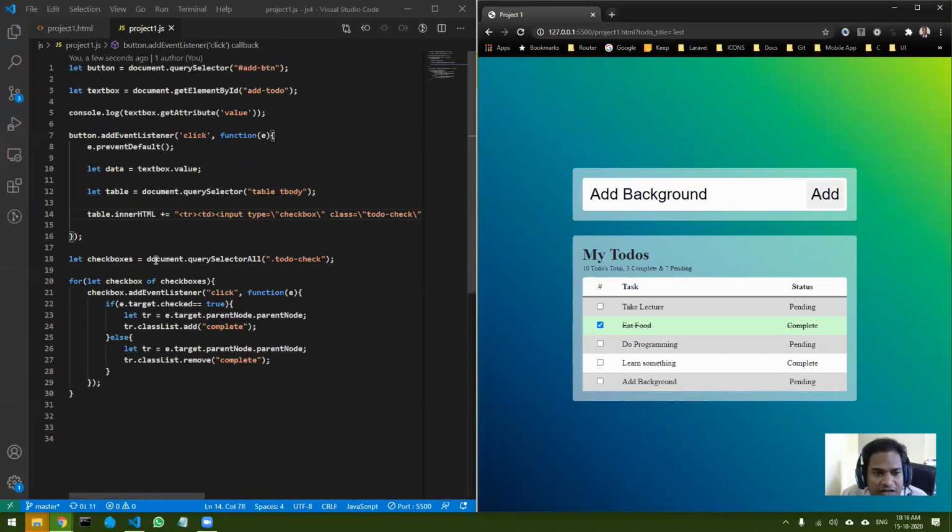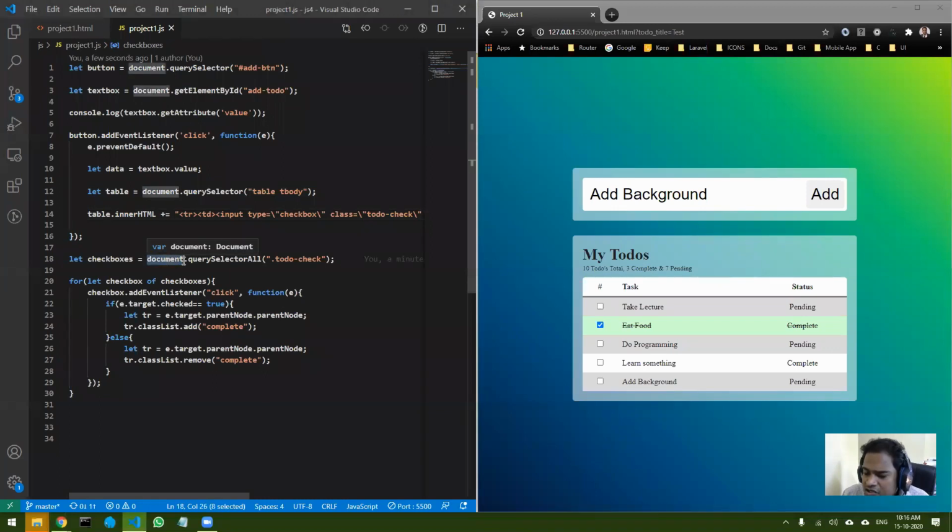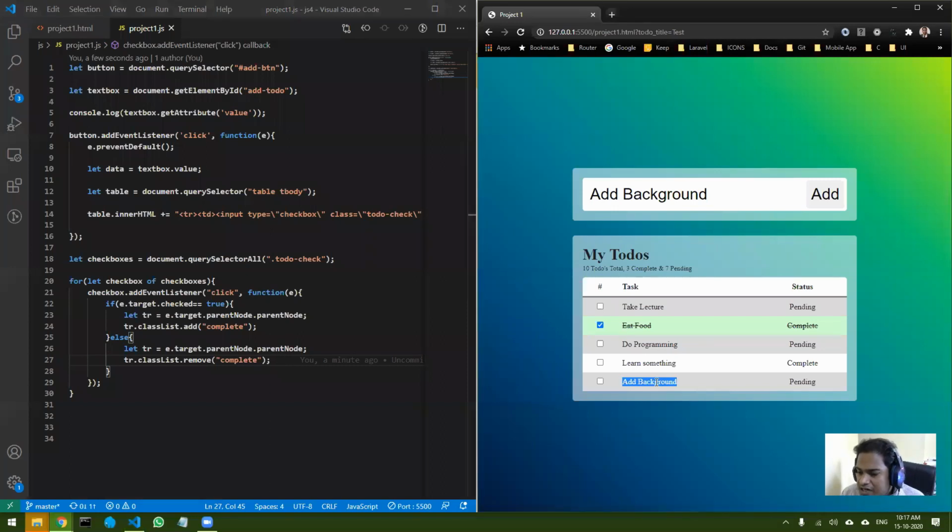As soon as the page loads, the document object knows only what is there in the code. So that is very important. In the next session, we will see how, whenever you add new elements to the page, that element can be made live inside the DOM.